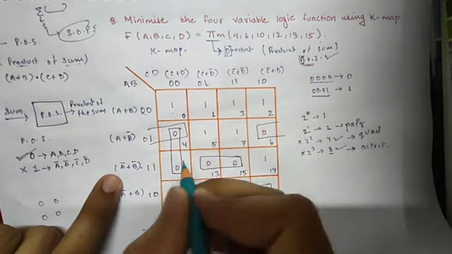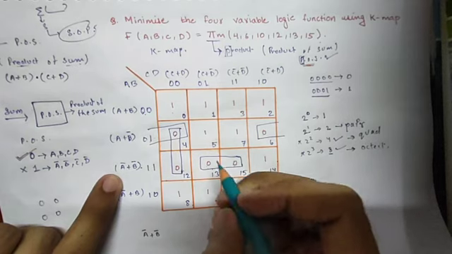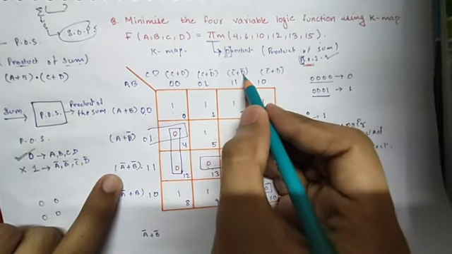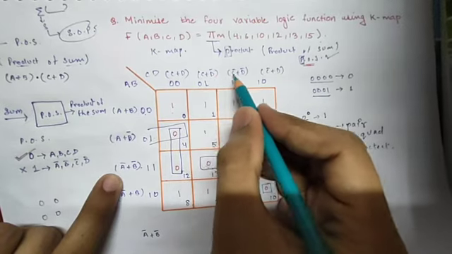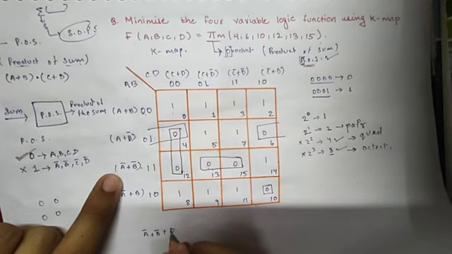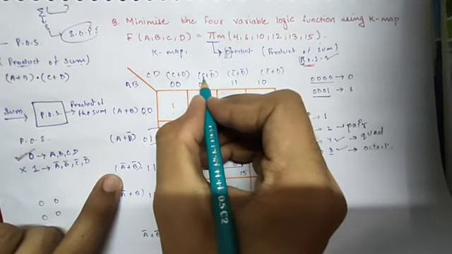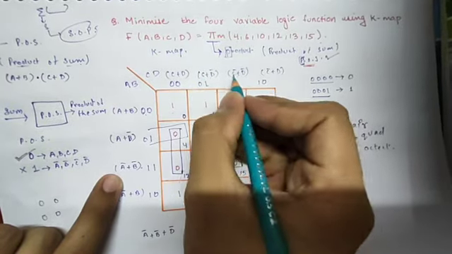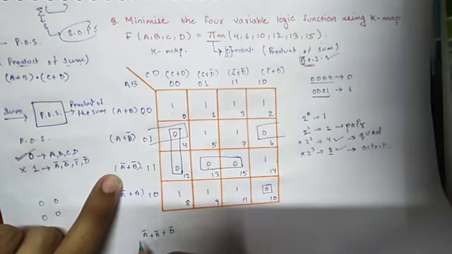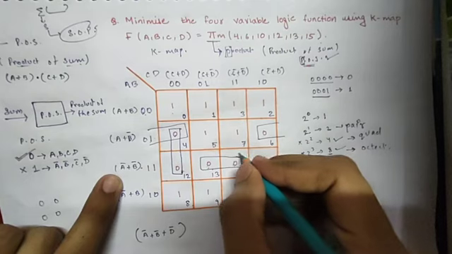Now we will move to the column address. In the columns you see C plus D bar and C bar plus D bar. See what is common between both. We can see D bar is common, so we will write plus D bar. We will not write C, because here it is written C and here it is written C bar. These two are different, so we will not write them. So we are done with this pair.